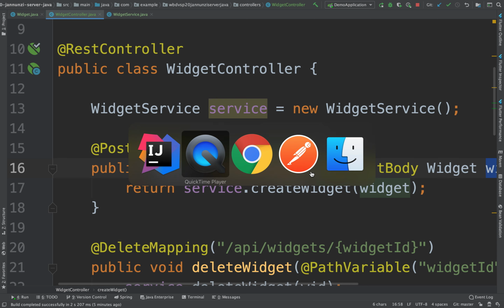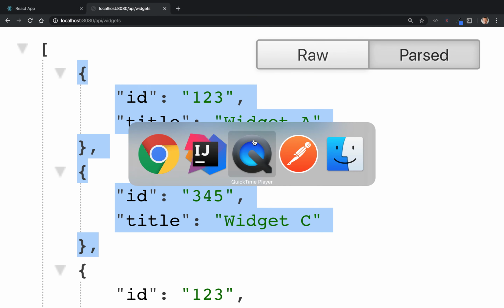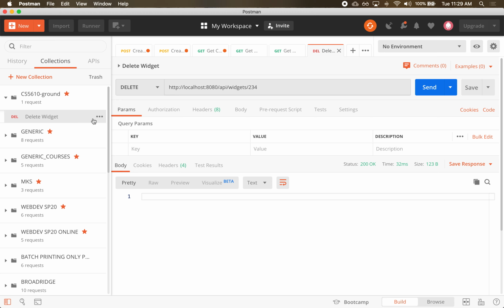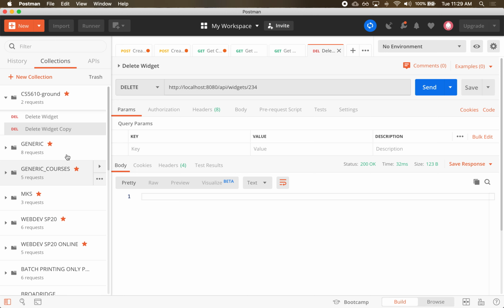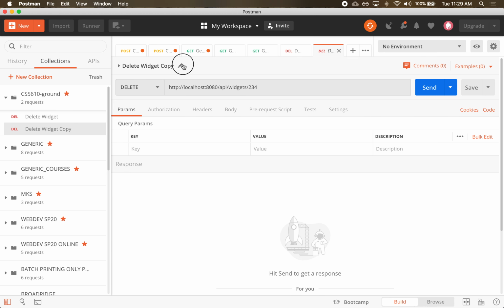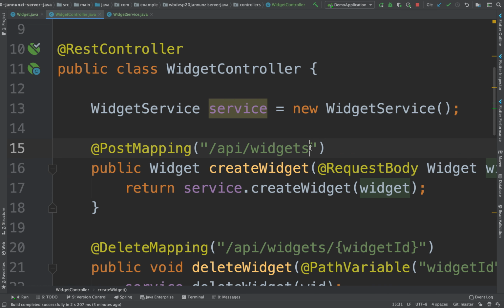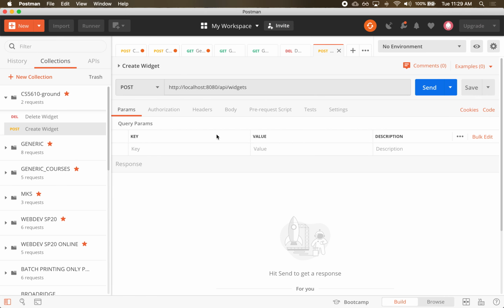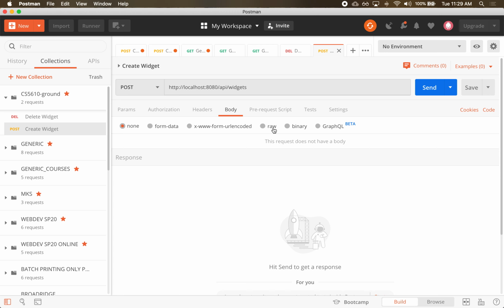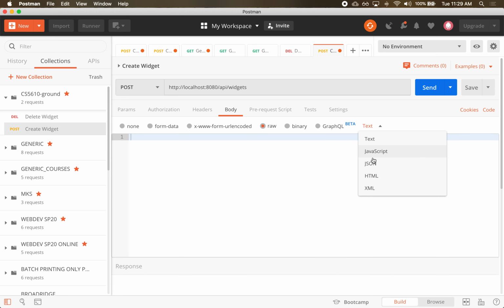Let's see if this works. Let's go to Postman, and we can create another request. We can clone it, and we're going to call it create widget. This create widget, we're going to post into. We're not going to pass an ID. I'm going to save that. Yeah, post doesn't take an ID, and here we're going to pass in the body as raw text that is formatted in a JSON format,